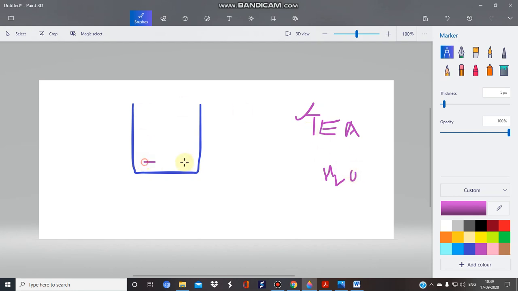So what happens? First of all, we add water. Suppose this is water. We add water in a particular container. And a third thing we also require, very important, is a particular container in which we carry out our extraction procedure. Suppose we have taken water and you add into it your tea. Suppose this is the tea, marked by green color. You have added tea leaves into a particular solvent, or water.